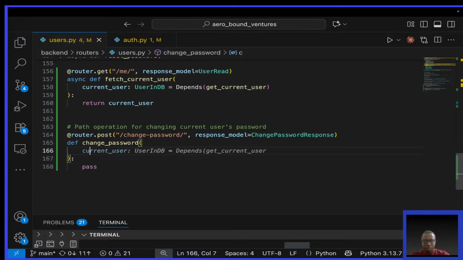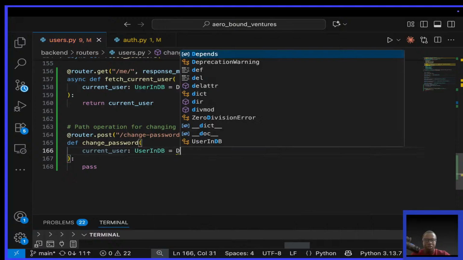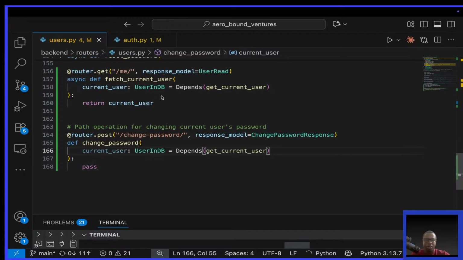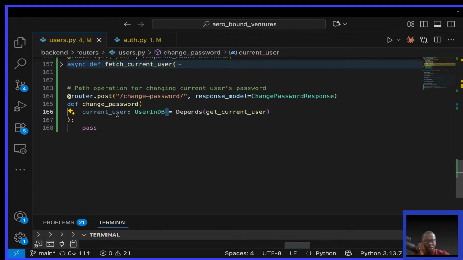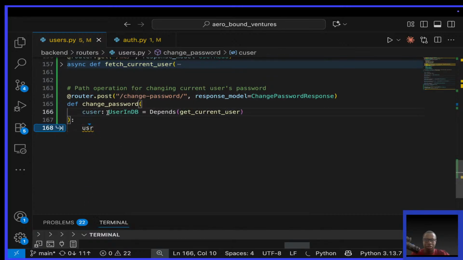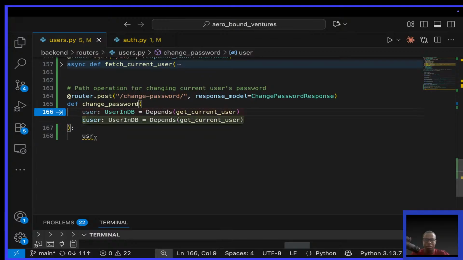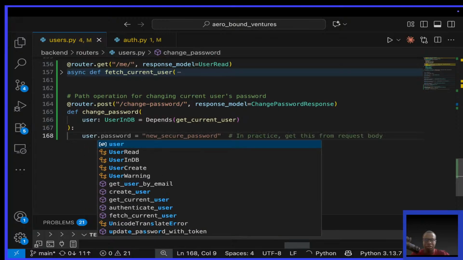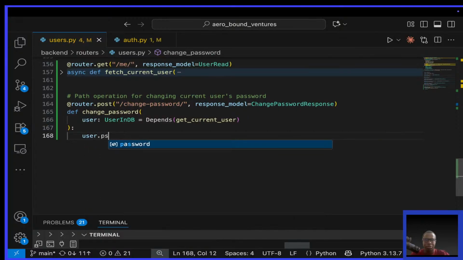Current user in DB. Just like we wrote differently, you can autocomplete. Get current user. So this is simply the same as this. So for this get, if we got the current user, say user, even here you can just say user, to make it simple. Because when you authenticate, you shall have your details. So say user dot password